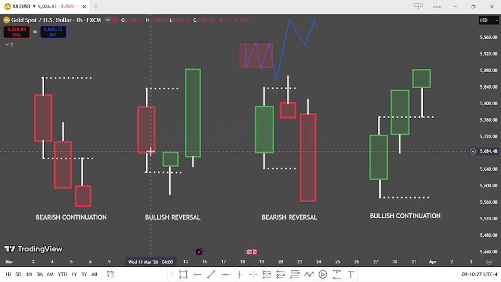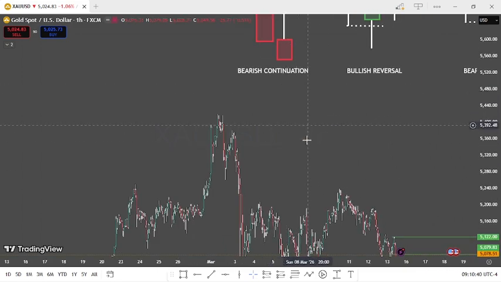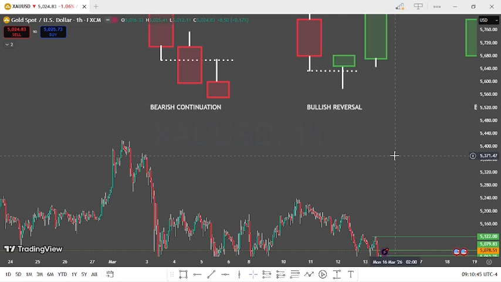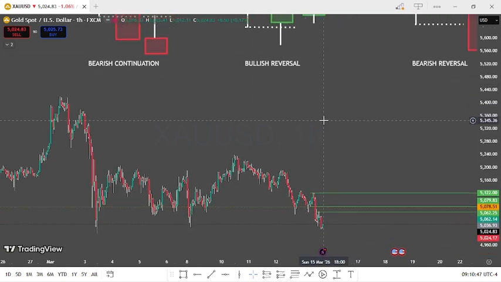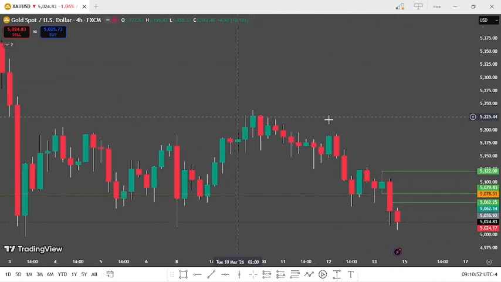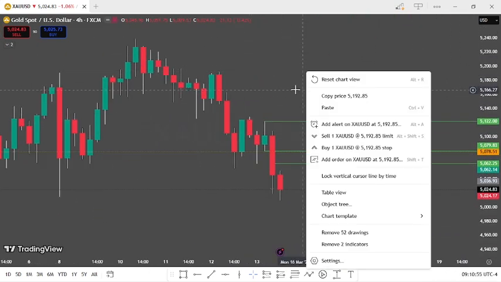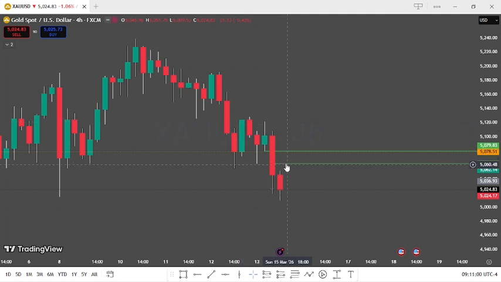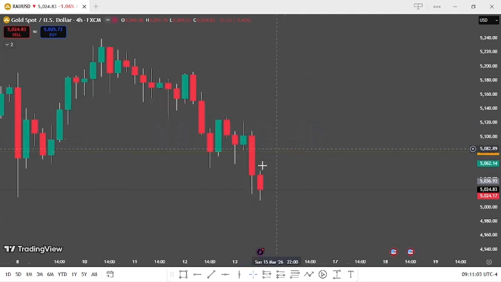All right, now let us go down to the chart so that I can show you an illustration of what I mean. But first of all, I think I should show you the trade that I took yesterday on Friday on gold. I will start off by going down to my 4 hours chart so that I can show you how I framed that trade. Okay, so I'll delete this. I can't remember what I was checking when I did that, but